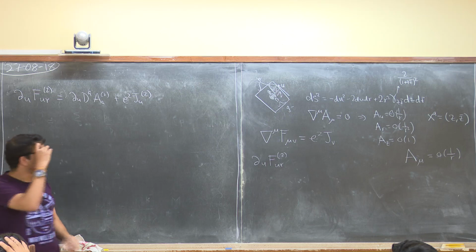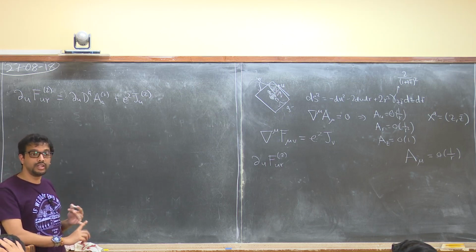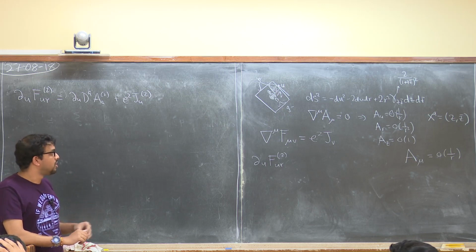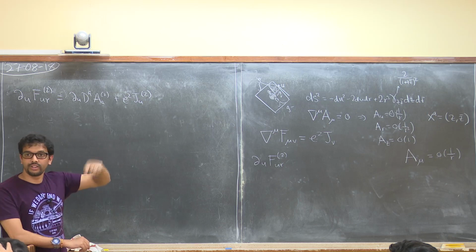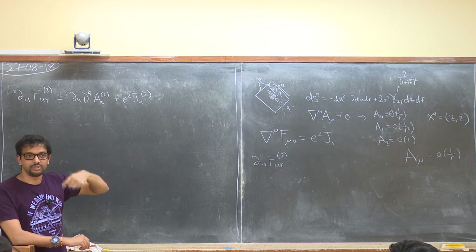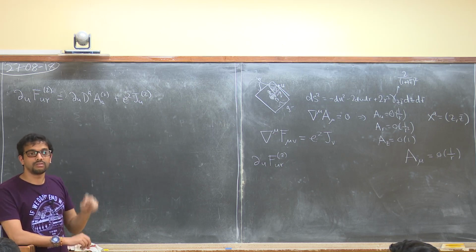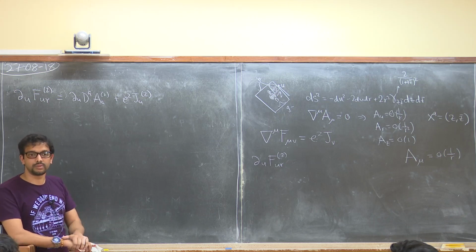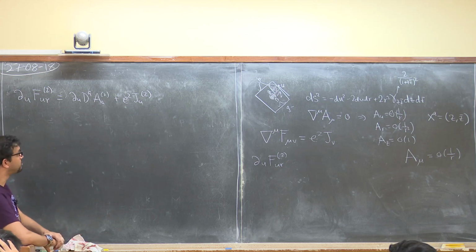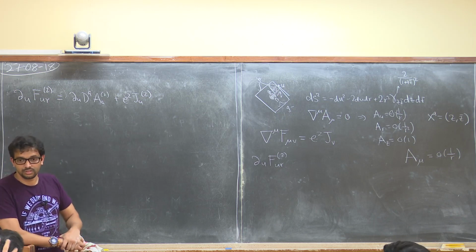Okay, now what I would like to do, I want to construct the charge. So remember, right now I'm doing a quick review of the leading case. I want to construct the charge on Scri plus. Now one of the issues is, I just need to covariantly quantize, and then I can construct the charge using the standard Noether's procedure. One of the main issues is that Scri plus is a null hypersurface, so you have to be a little bit more careful than the usual things that you're used to, because those are on a space-like surface. So what we do is we use this idea of covariant quantization, which